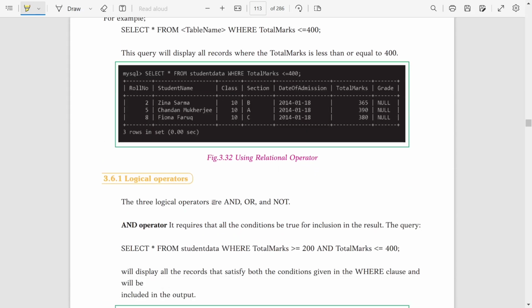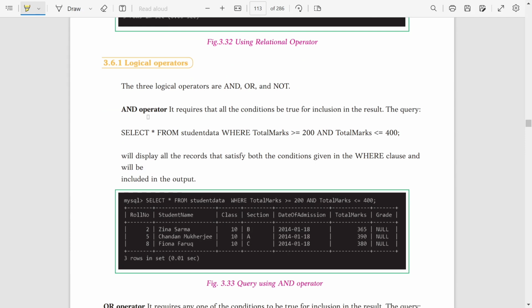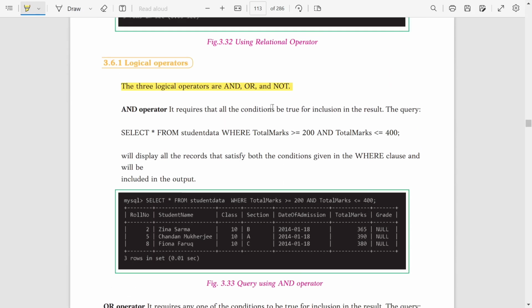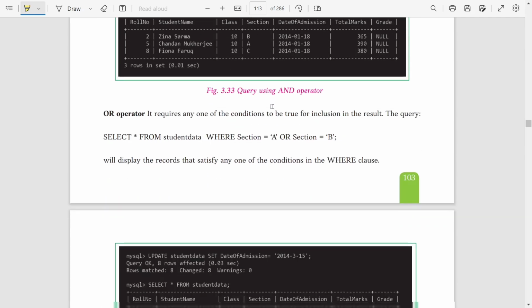Logical operators, there are 3 logical operators: and, or, not. In C programs we use logical operators as symbols, but here we directly use the spelling. As for their use, with the and operator we get the result only if both conditions are true; with or, if any one condition is true we get the result; with not, we get the opposite.